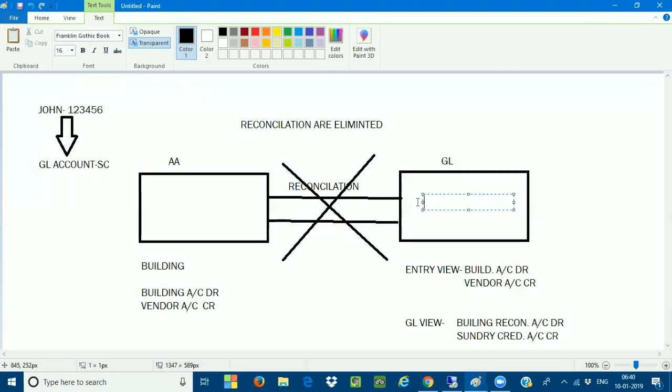Now in SAP S/4HANA, we are bringing a common table, called the universal journal entry table, from today onwards. No more reconciliation between any module and the general ledger. There is no reconciliation process between asset accounting and the general ledger.